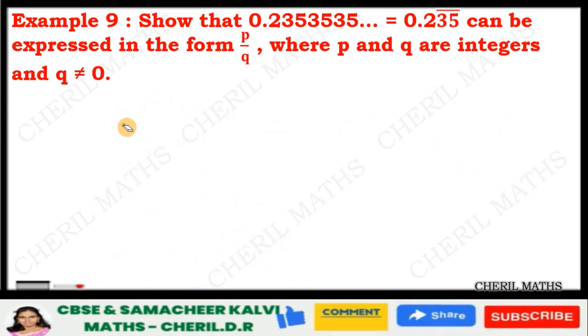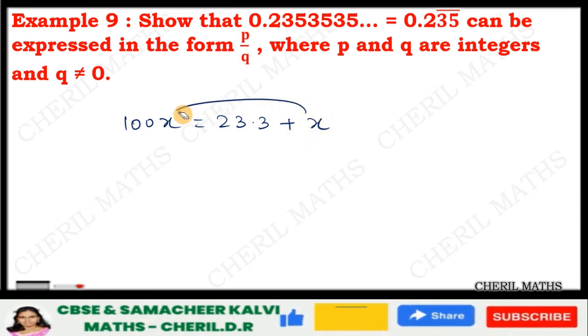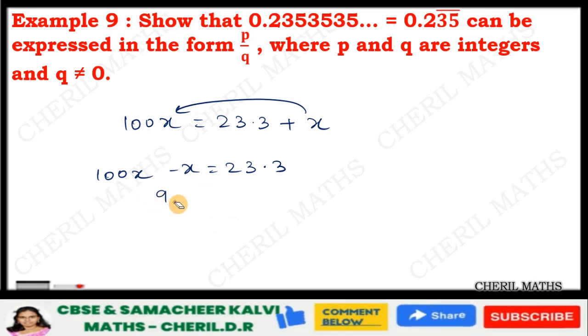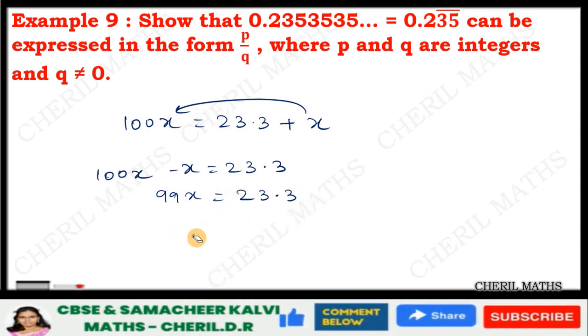So here we know that 100x is equal to 23.3 plus x. Taking this to the other side, you have 100x minus x is equal to 23.3. Okay, so 100x minus x is what? 99x is equal to 23.3. Okay, again here you have a decimal, but that we can handle even later on. So what you will have? x equal to